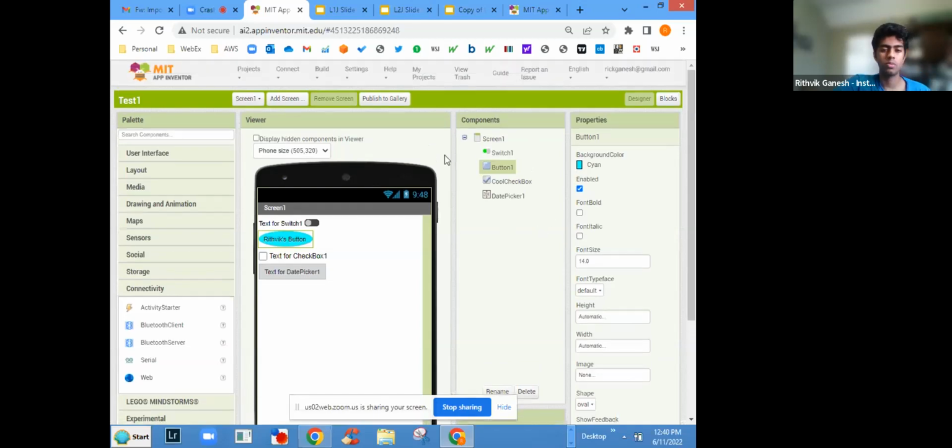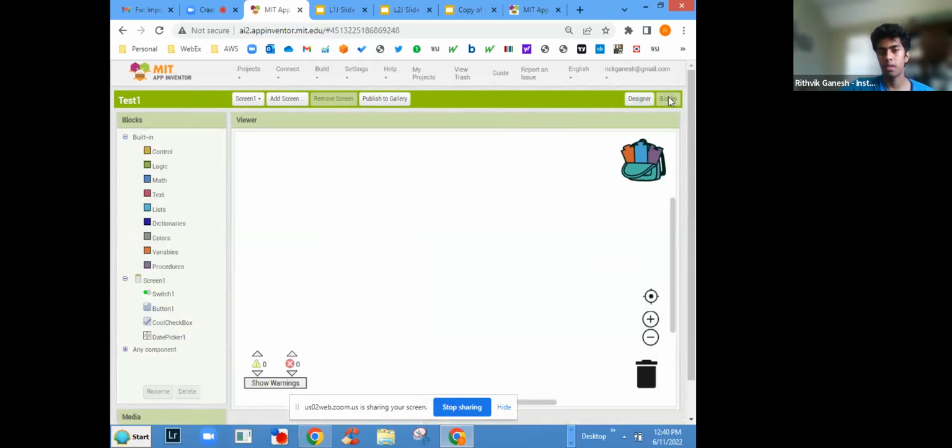And again, when you have time, definitely while you're working on your different assignments or things like that, try to look at the different features in the palette, and also the different properties that are linked to those features. Now I'll go ahead and show you the blocks page, and we'll come back to this later a little bit,